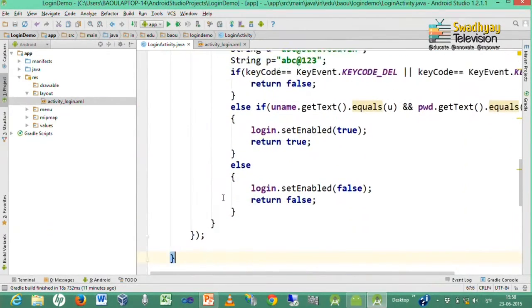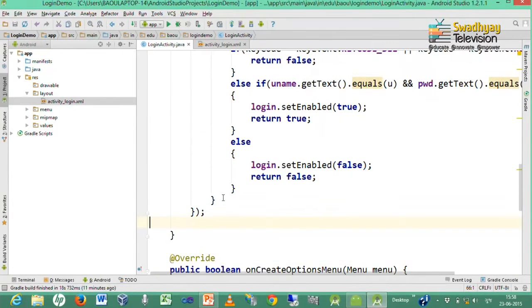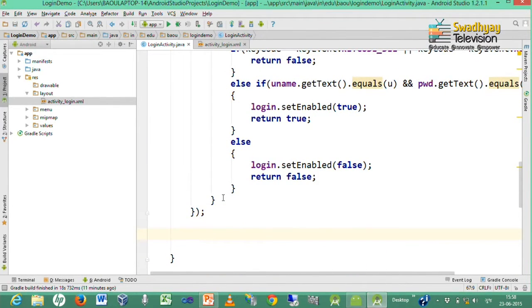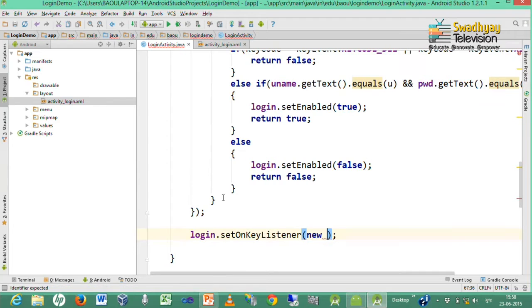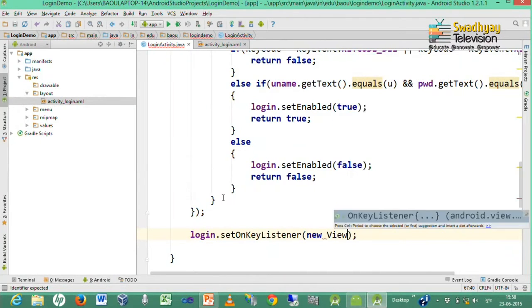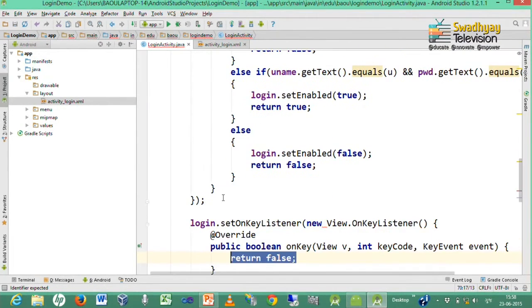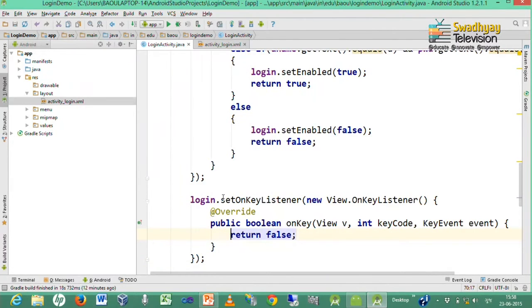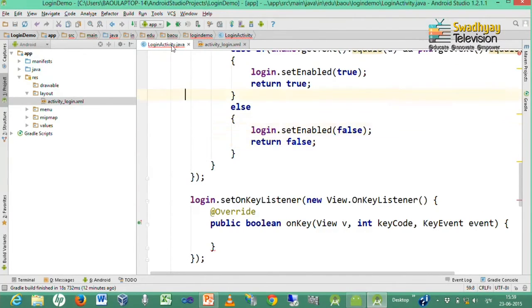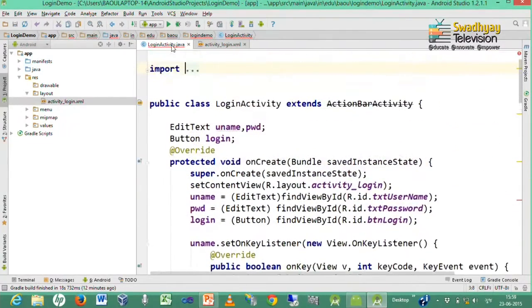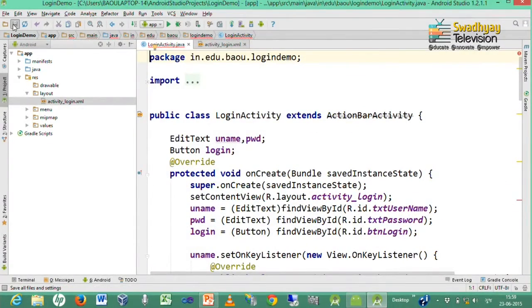Now, we want to handle the click event. So, we write login.setOnClickListener. We already discussed how to handle the click event. So, here we write code for handling the login event. Now, the first activity is already defined, and we want to define a second activity.